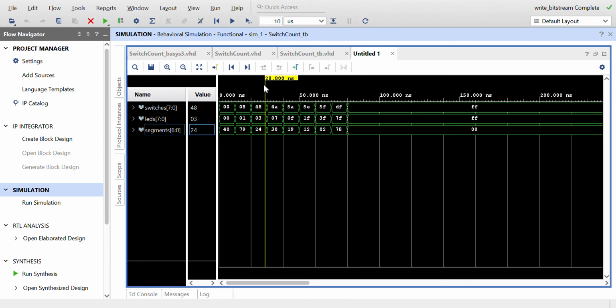And it does the same thing throughout each of these, whenever we wait 10 nanoseconds, flick a switch, wait, flick a switch, wait, and then right here I'm just going to skip to the